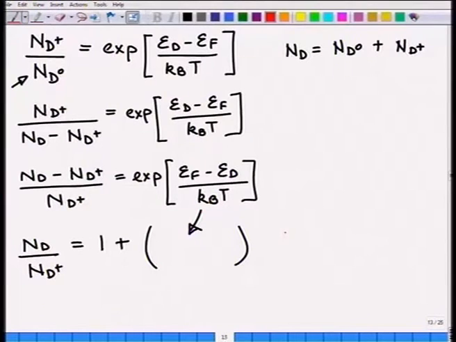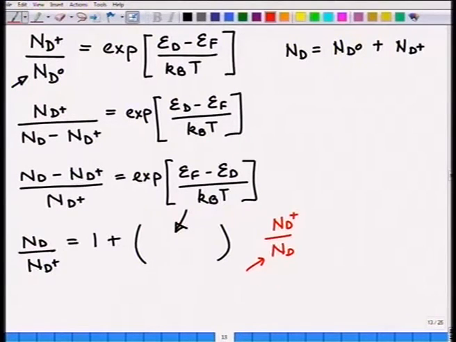and then take the inverse of this. If I take the inverse of this, therefore, I will write Nd plus by Nd, therefore, of the total amount that I have added, what fraction has ionized, that is the question we are asking, should be equal to 1 divided by 1 plus e to power